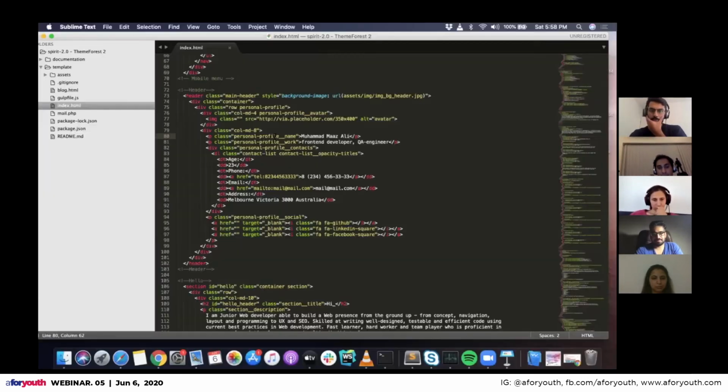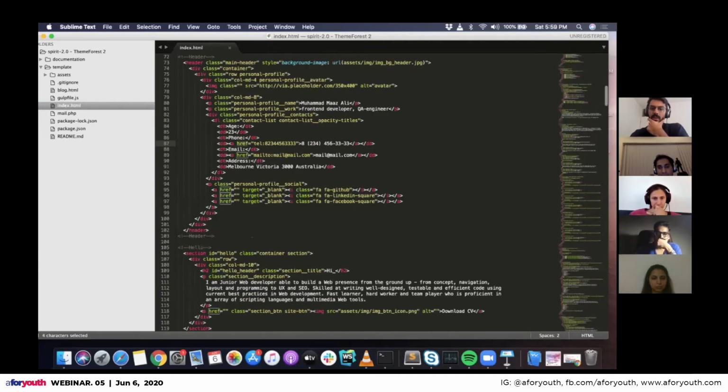You see, I told you that there are href tags as well. So let's say I am changing this, and I am changing my email address as well. That's why I wanted to give you some basic understanding of these tags. Let's say this is my email, and now I don't want to just change the text of this email. I want to change the href tag of this as well.